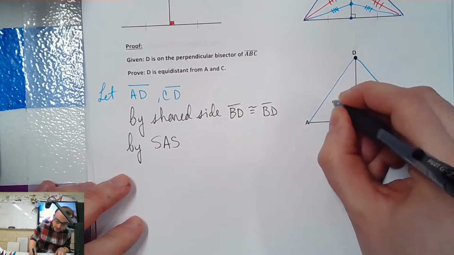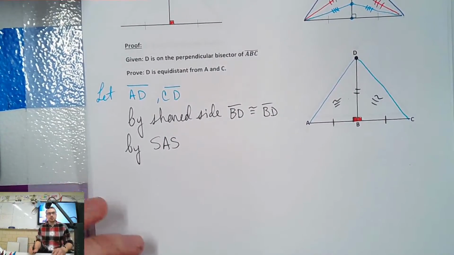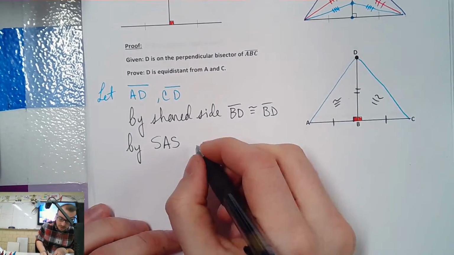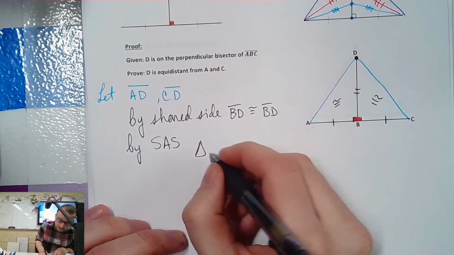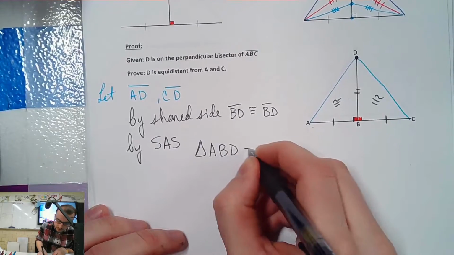And then by side, angle, side, these two triangles are congruent, right? You can draw the congruency symbols there or not. I don't care, right? Triangle ABD must be congruent to triangle